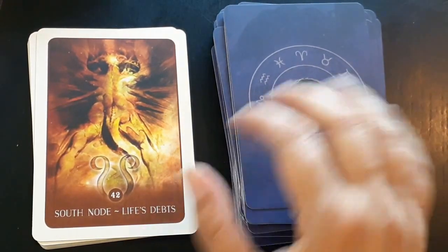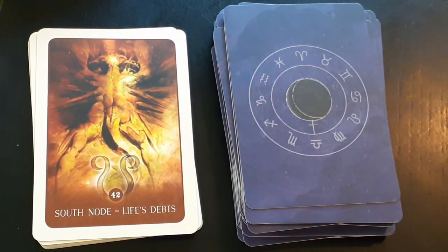South Node, life's debts. Restrictions, challenge, inborn gifts, dramatic, sweeping change, doors closing while others open, breaking free of fetters, psychic breaks that bring on full potential. Endings, usually without long-term trauma, letting go, wake-up calls, repetition, skills performed without much thought or effort,